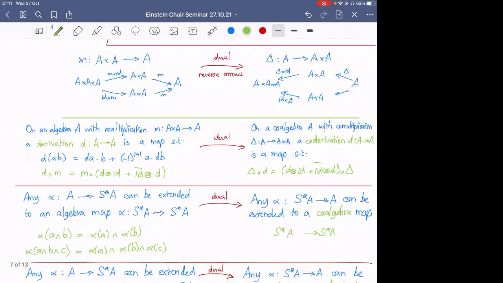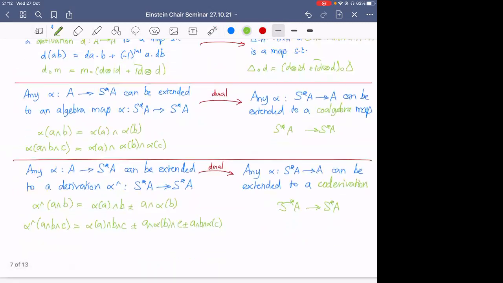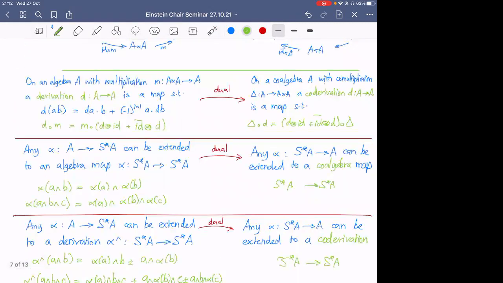And the infinitesimal version of what we just said is that on the algebra side, any map from A to S star A can be extended to a derivation. How would you work out the derivation on a wedge? You just derive each piece using alpha. And that will now be a derivation of S star A. And so the dual version of that, the co-version of that, will be that any map from S star A to A can be extended to a co-derivation from A to S star A. Okay, so this is all tautologous algebra,